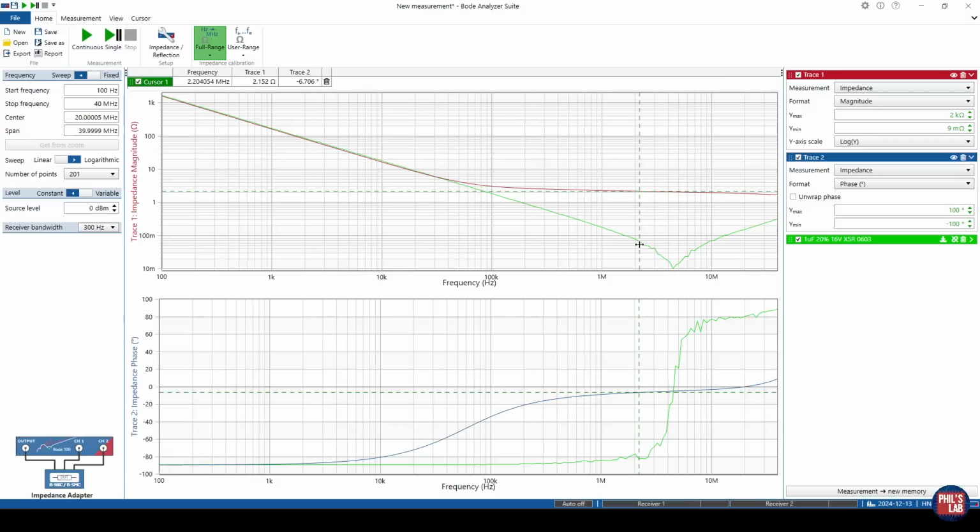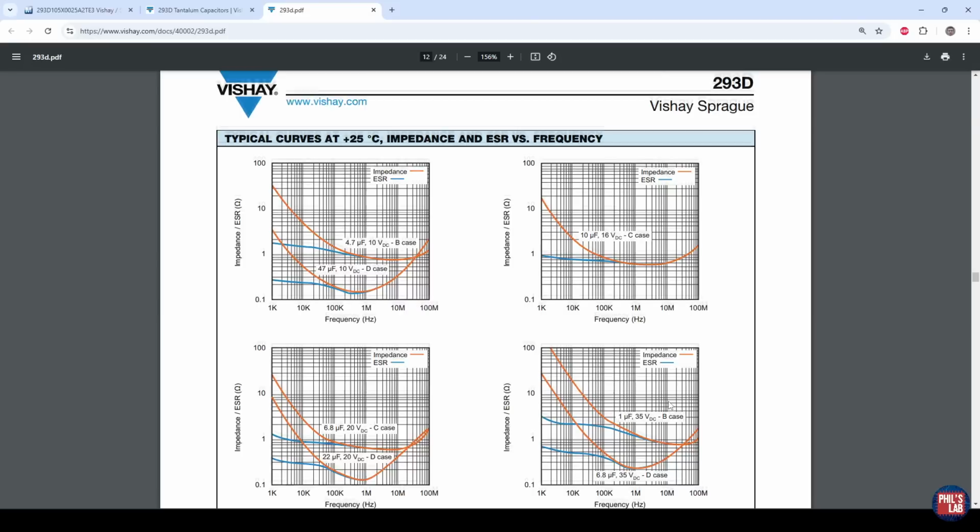So this already I find pretty interesting, and it's great to see actual measured real-world results for the tantalum and for the multilayer ceramic capacitor. So let's go to measurement, store that in a new memory. So given it a somewhat sensible name, just an addition looking again at the tantalum manufacturer's datasheet, and they happen